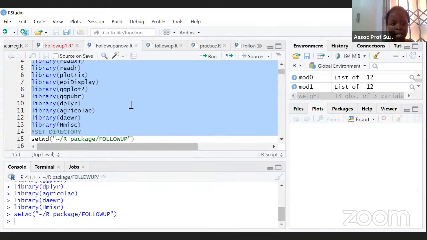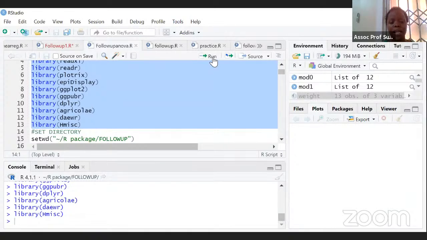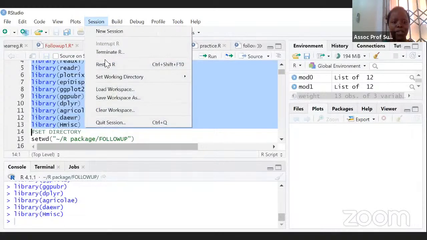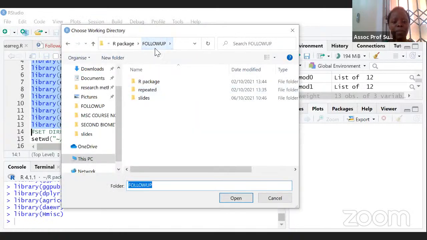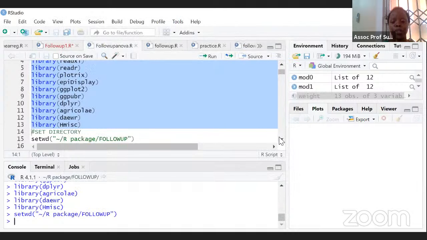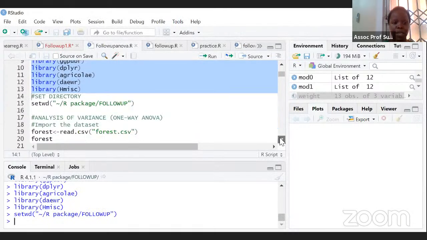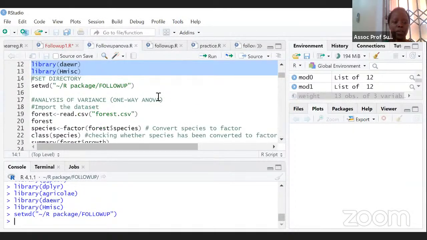So I'm still running my script, my library, and then I'll set my directory to where my data is, and it is in follow-up, and click open. Now we are good to go. So let's go and see what is happening. Okay, so we are going to look at analysis of variance, one way. We are going to import our data using the